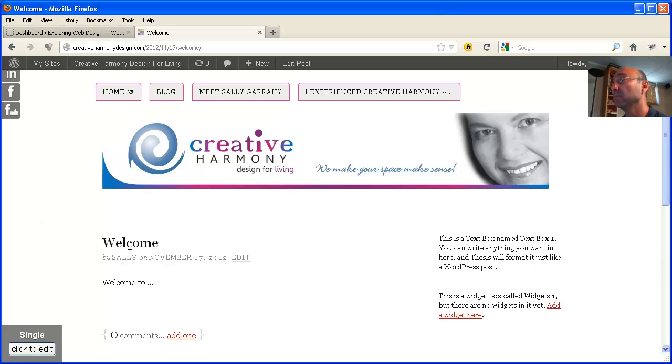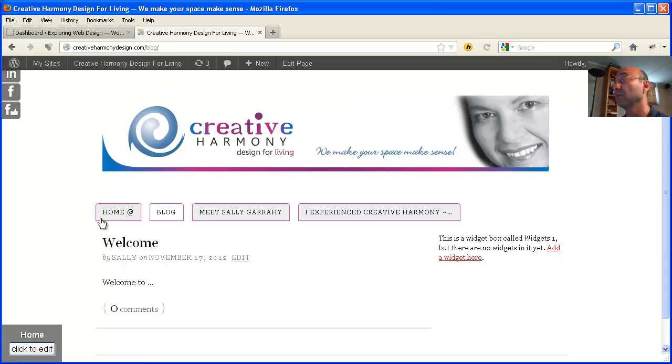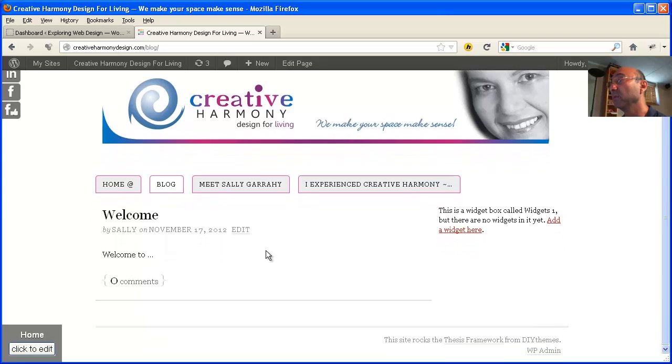So they don't need a specific link to get to them, although they do have individual URLs as well. The reason they don't need a specific link to get to them from the menu is because by default they appear on what's called the blog page here. So on this page, the blog page, will appear all of the blog posts,